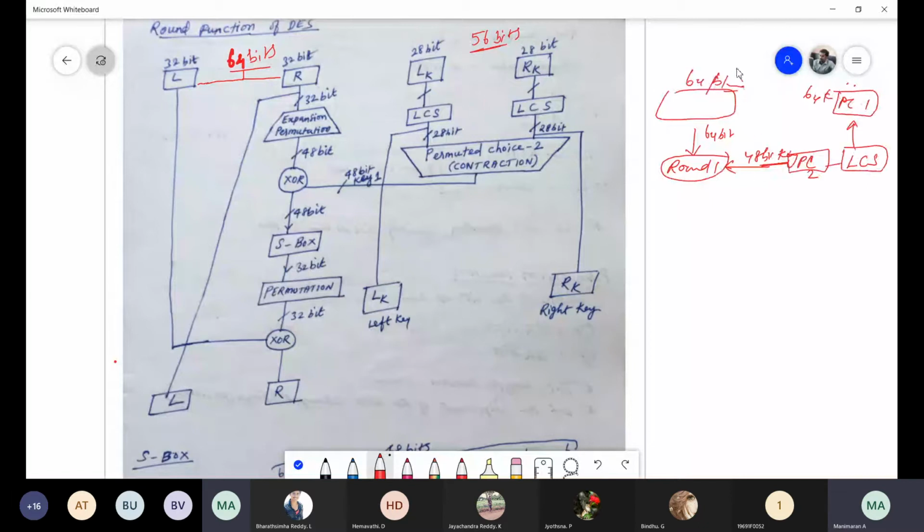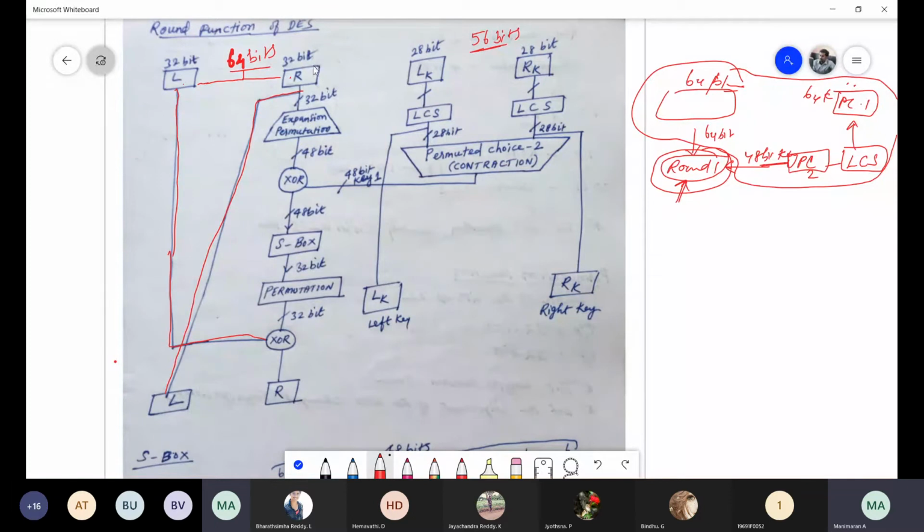After this, we have just seen the continuation. I am explaining this particular part, round 1. This entire thing is explaining the first round. The same operation we will do for all the remaining 15 rounds. So here we are getting the 64 bits as left side and right side. This is the Feistel structure actually. Here exactly we are applying the Feistel structure. The left 32 bits of plain text we will swap with the right side, and the right side we swap with the left side, as per the Feistel structure concept.